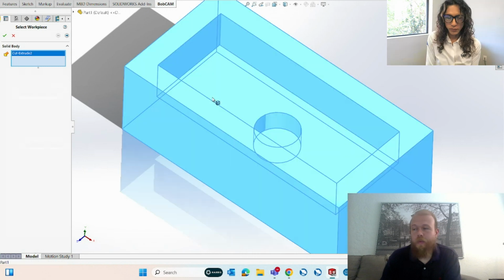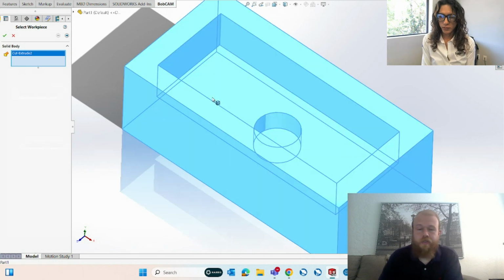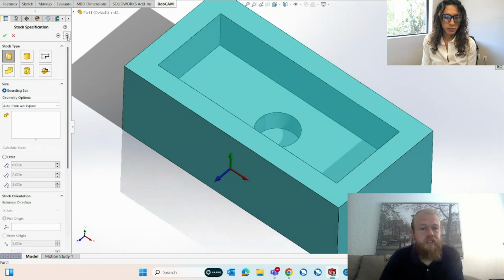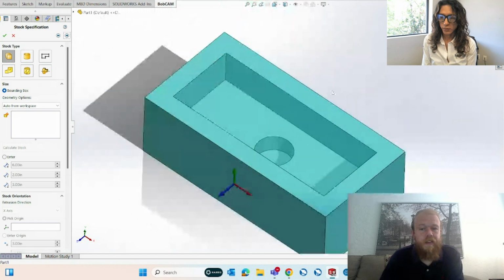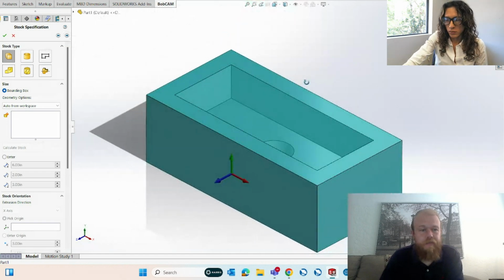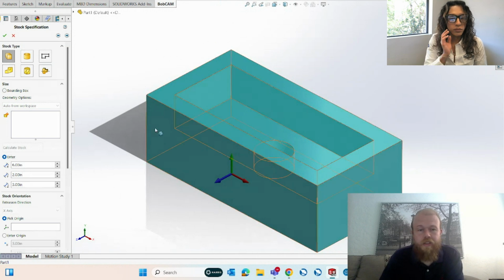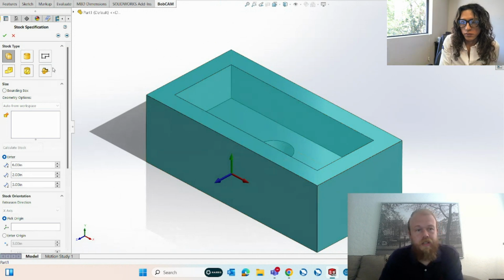I can select my workpiece, so that's my finished 3D model here, so that I can see that in simulation and make sure everything is cut to size. I go to my next page, where I can define the stock that I'm starting with. I can change the parameters here, enter the dimensions of the overall stock width, length, and height, and different stock